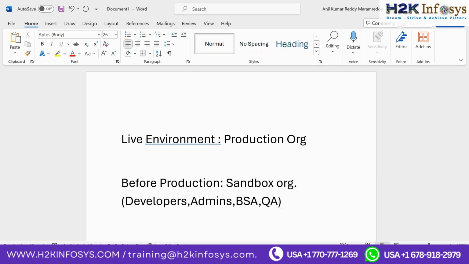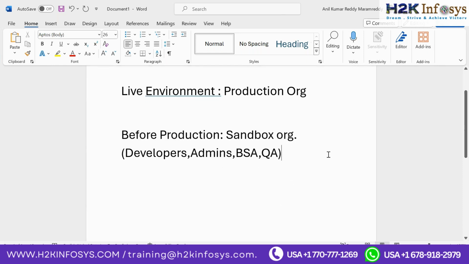Developers, admins, BSA and QA have access to sandbox, so they log into sandbox and write the code or configuration, whatever the business needs. Once everything is done and QA is completed in the sandbox, which we call the UAT, user acceptance testing sandbox,